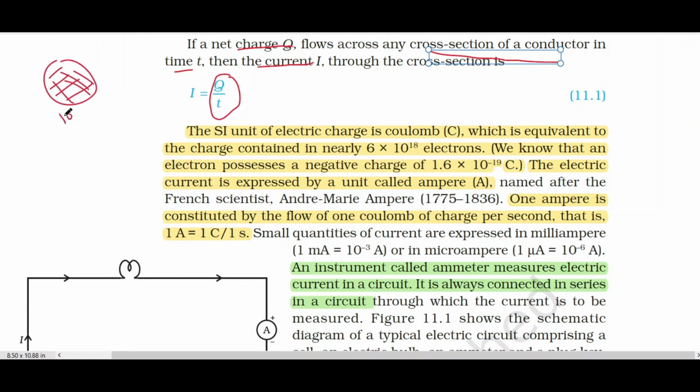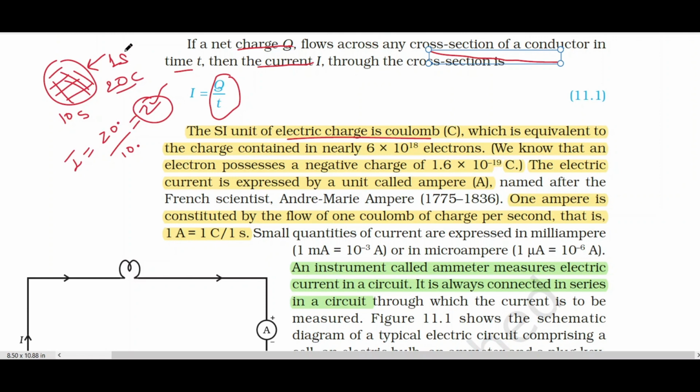इसमें 10 सेकेंड्स में मान लीजिए 20 कुलम्स चार्ज फ्लो हुआ। The SI unit of charge is coulomb, ठीक है। तो 10 सेकेंड्स में 20 कुलम्स चार्ज फ्लो हुआ, तो आपका करंट कितना हो जाएगा, I is equal to 20 divided by 10, which is 2। ओके, सो दिस इज योर करंट। हम ऑल्टरनेटिवली ये भी बोल सकते हैं कि करंट वो चार्ज होता है जितना चार्ज किसी भी क्रॉस सेक्शन में एक सेकंड में फ्लो करे, राइट। तो यहाँ पे 10 सेकंड्स में 20 कूलम्स फ्लो कर रहा था, तो एक सेकंड में कितना फ्लो कर रहा था, 2।